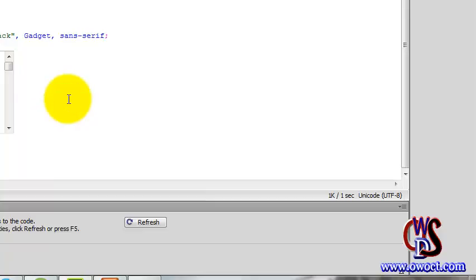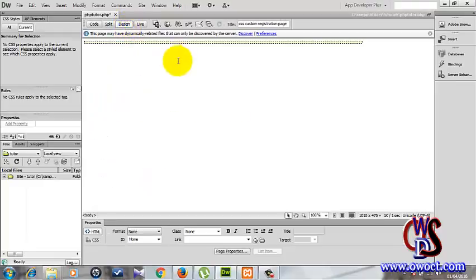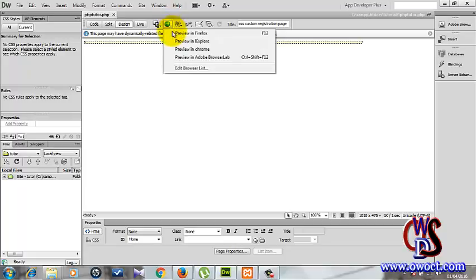There we go. Let's close this up and go back to our design view. Right now, this is our div here. If you save this and preview in browser,